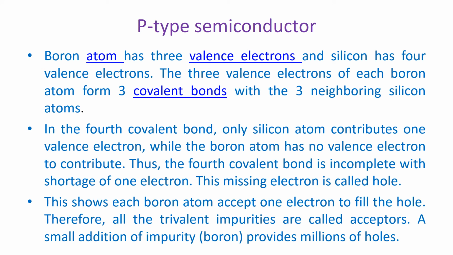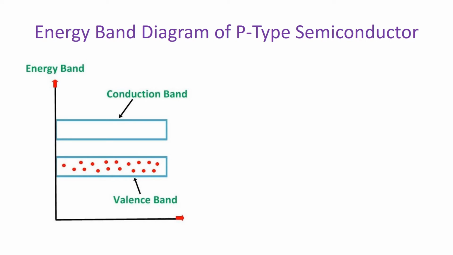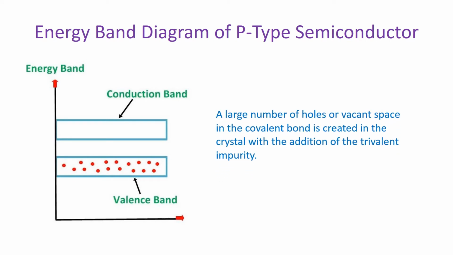So in p-type semiconductor, there is a bound positive charge in the covalent bond. One positive charge in a covalent bond will attract the neighbor electrons towards the positive charge. So whenever a neighbor electron is attracted towards the positive charge in any one covalent bond, the conduction in p-type semiconductors is due to positive charge or holes.